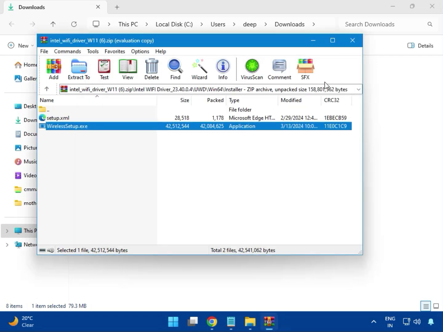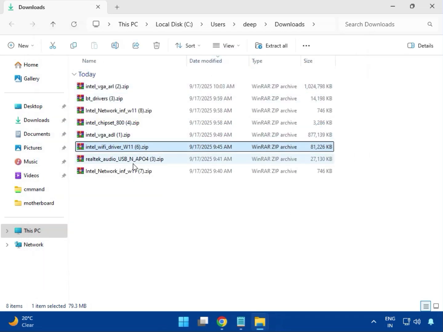And then click finish and then close. Then the audio driver,